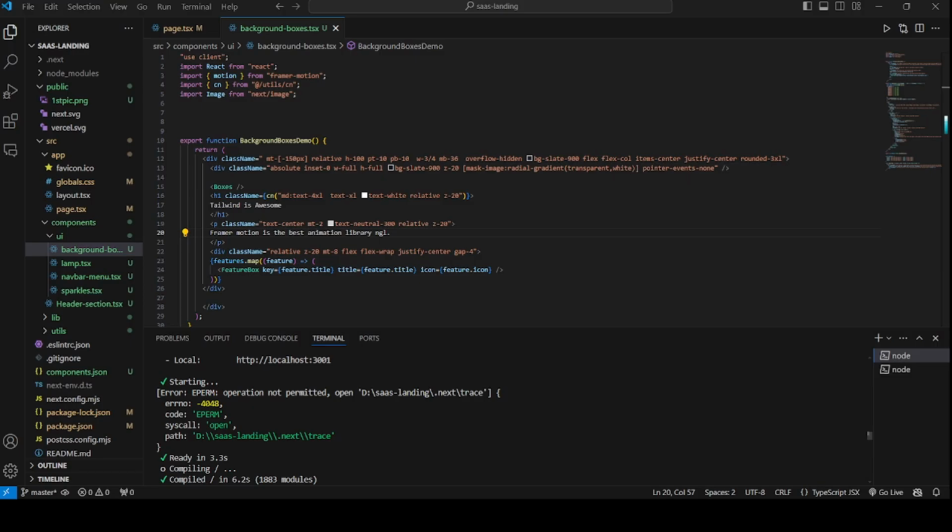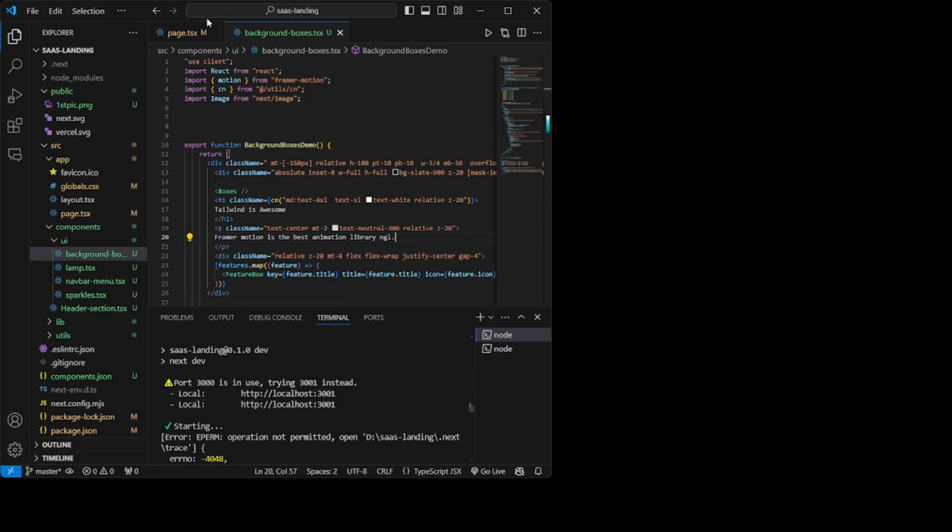So moving back to our VS Code. One second, it is updating. So again, in my VS Code, I'm going to write something once. Okay.